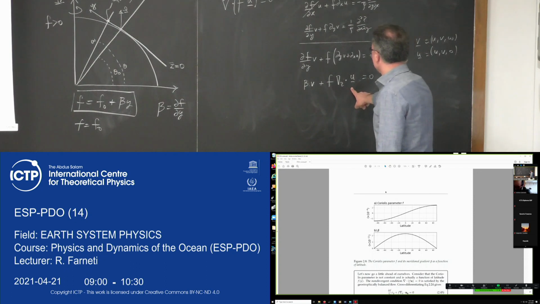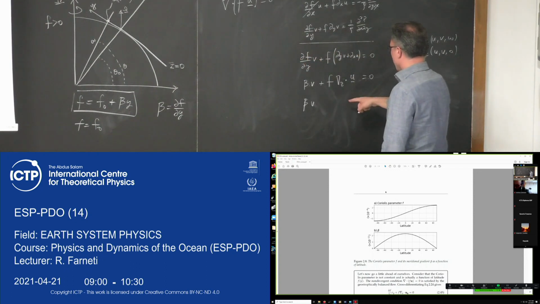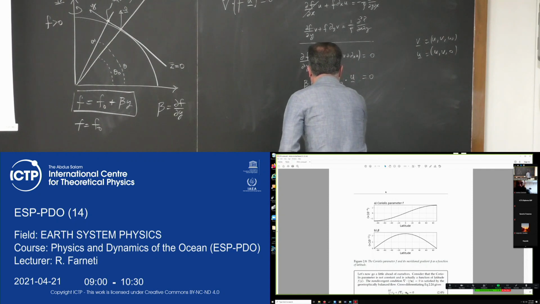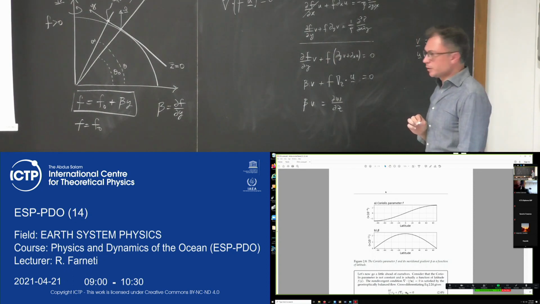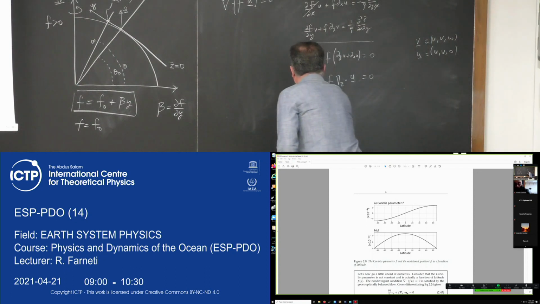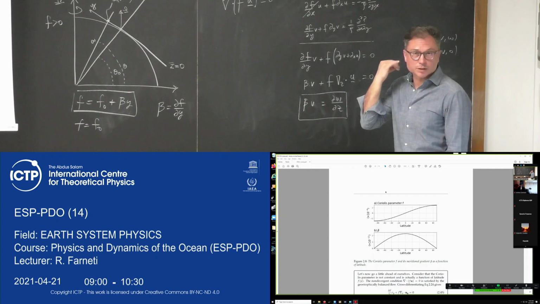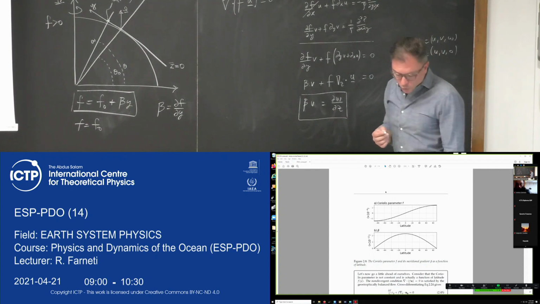Now, if I use continuity, I go from this to beta v. This is minus d by dz of w. So, fine. And this is a statement of conservation of potential vorticity. Okay? And what it's telling you,